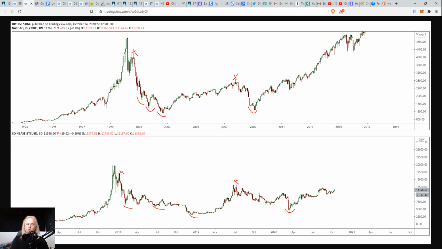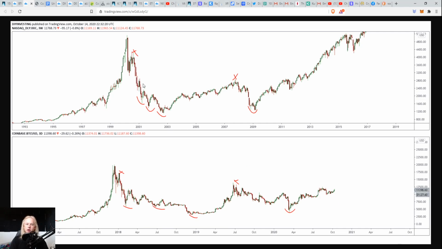Back in Bitcoin, we went from 2016 all the way up to 2018. We had that massive parabolic move, and it looks pretty much identical to what we saw in the Nasdaq. And then we start the bear market decline, right? Lower lows, lower highs. And in the Nasdaq, we made lower lows all the way through. With Bitcoin, we kind of stopped here at support at 6K before ultimately having one more leg lower that took us down to 3,000. And so it's pretty much the same.